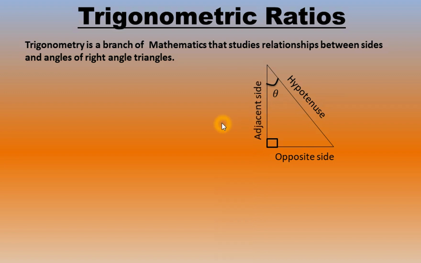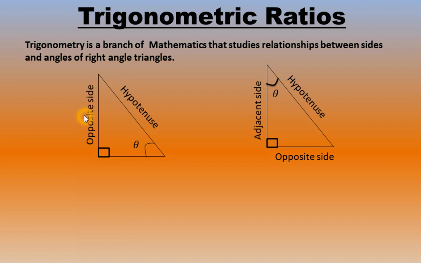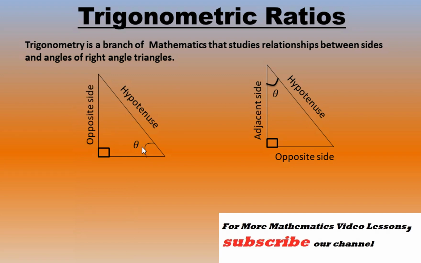Okay. Then if I take this triangle this way, it is a right angle triangle with 90 degrees. The side opposite to 90 is hypotenuse. Here I am going to mark this angle as theta. Then in this case, what is the opposite side? The opposite side of this angle theta is this side. Then which is the nearest side? This one is the nearest side, the adjacent side.